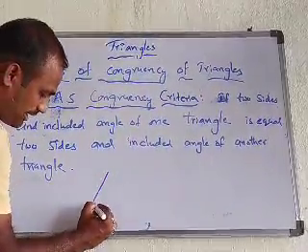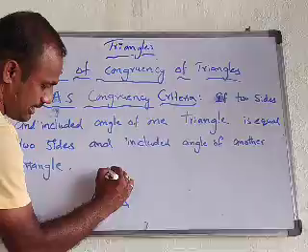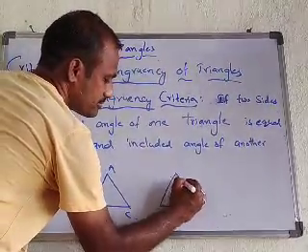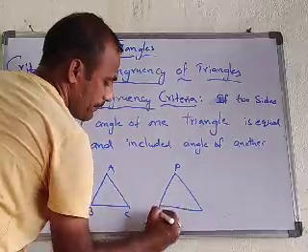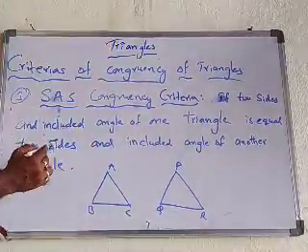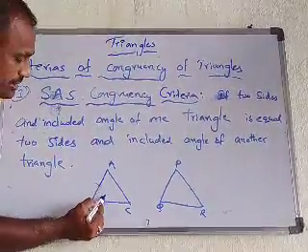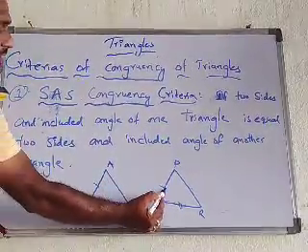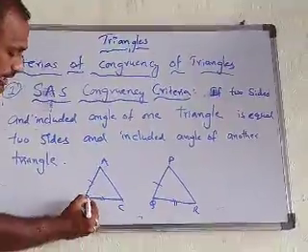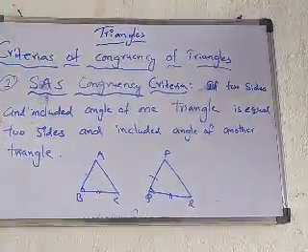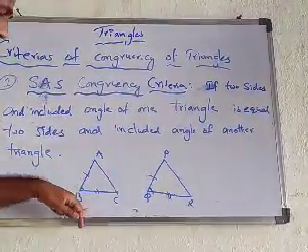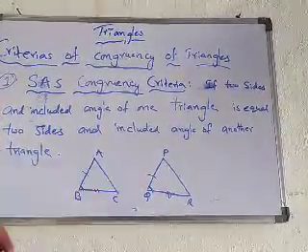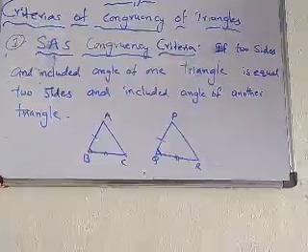So by figures we can define like this. Let us take two triangles ABC and PQR. So we need to take here two sides. So I am taking these two sides. So here single ticks and here it is double ticks. We are taking the included angle, here angle is B and here angle is Q. So here two sides and included angle of one triangle is equal to two sides and included angle of another triangle. So we can use for this SAS congruency criteria.